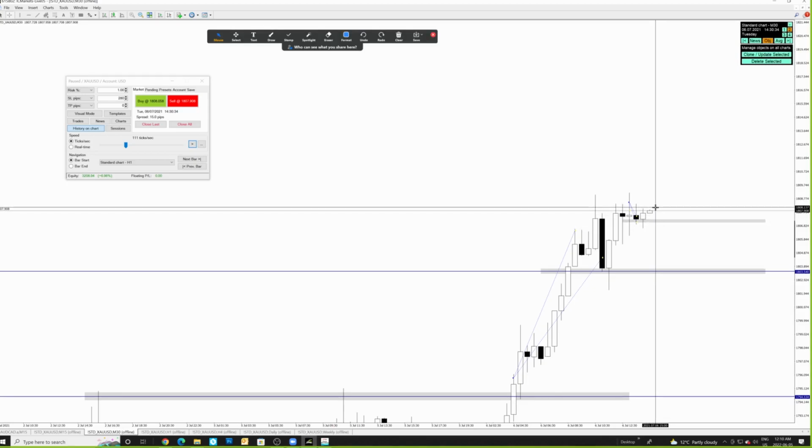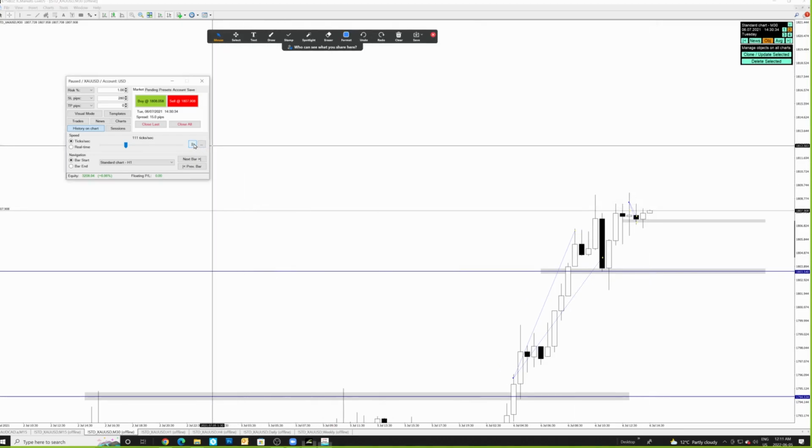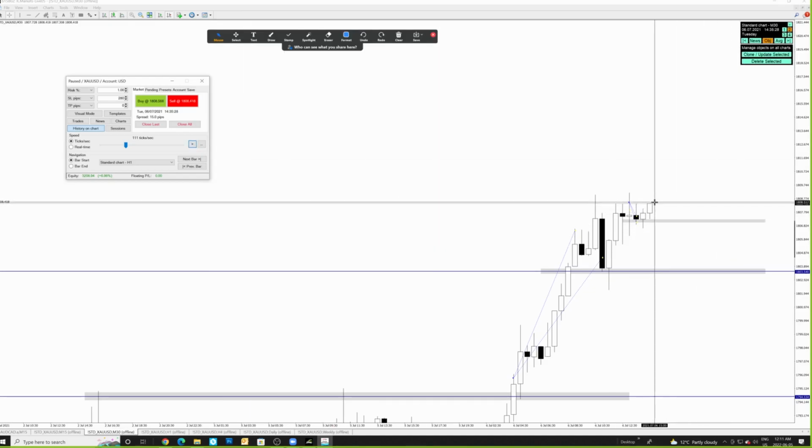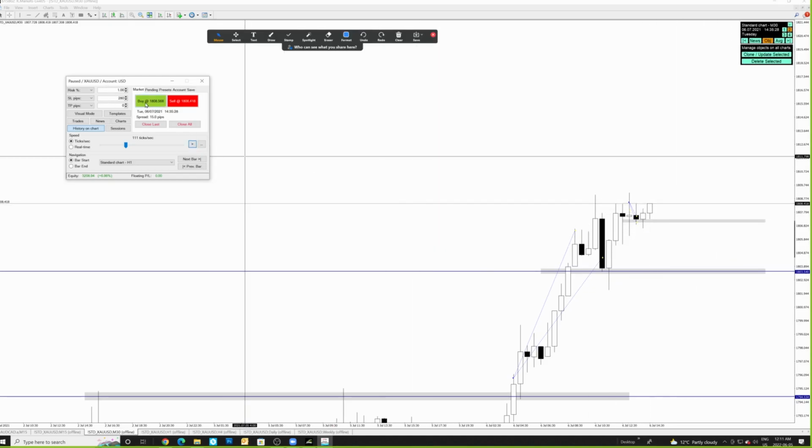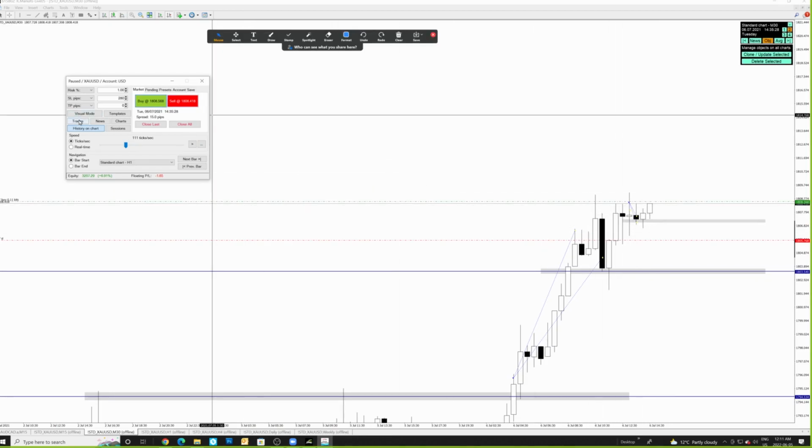So I think a pretty good idea would be to take a buy once this 30-minute candle breaks above the high of the previous 30-minute candle, anticipating volume to continue pushing price up. So once we break above the high, which is going to be right here, we've broken above the high, we're going to take a buy right here. Our stop is going to be,